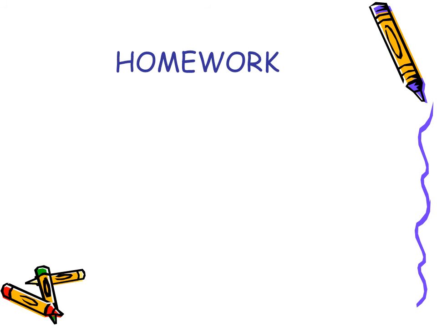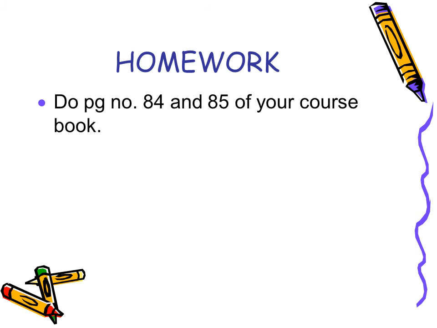Now we come to the final part, which is your homework part. So students, for your homework, you can open page number 84 of your course books. Kindly open page number 84 of your course books. I will be guiding you through some of the questions. In question number 1, you can see the number of earrings, 2 plus 2. Earrings are in a pair and a pair is always 2. So 2 plus 2, 4.